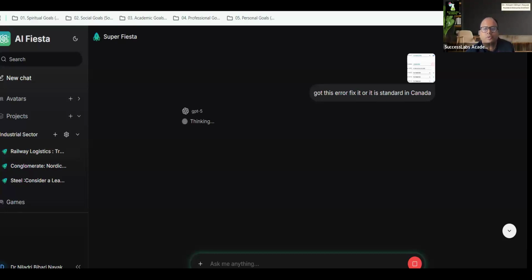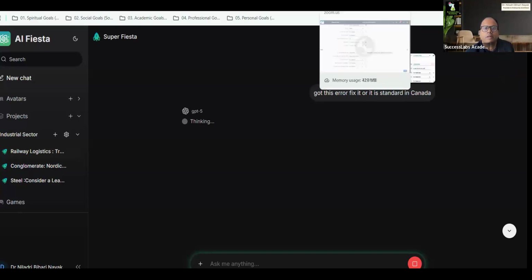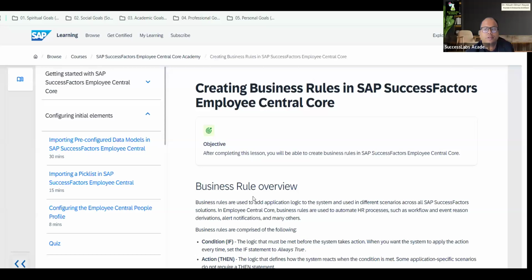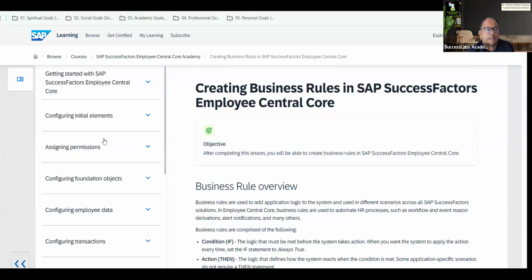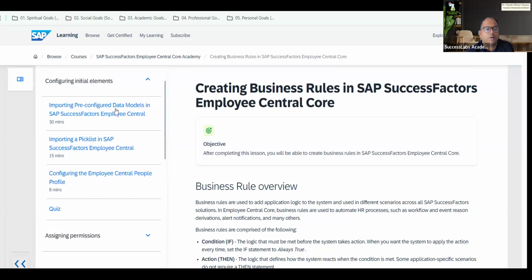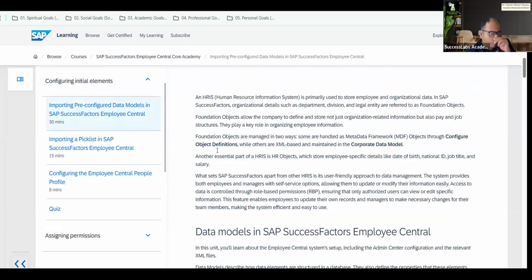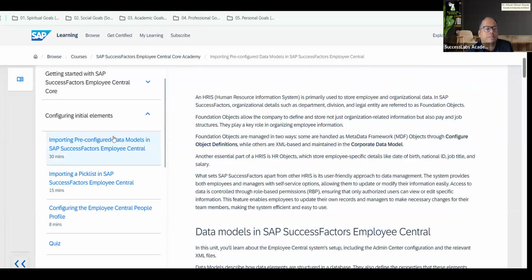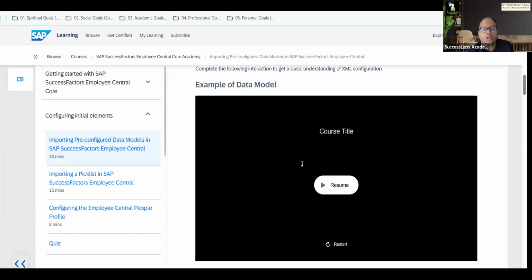Meanwhile, I'm just trying to see this. Okay. So this is what we have. I'm going back to our learning journey. So this is what we are currently learning. And if I go here, in initial elements, currently we are in initial elements only. We are trying to understand the data model and the structure of the data model. Okay. Meanwhile, before the next session, I recommend you go through this 30 minutes in detail, whatever they're talking about,